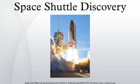Stilson. Gallery. See also: List of human spaceflights, List of Space Shuttle crews, List of Space Shuttle missions, Timeline of Space Shuttle missions. References: This article incorporates public domain material from websites or documents of the National Aeronautics and Space Administration. External links: Mission Summary Archive,